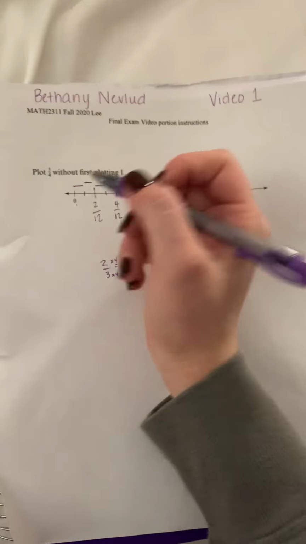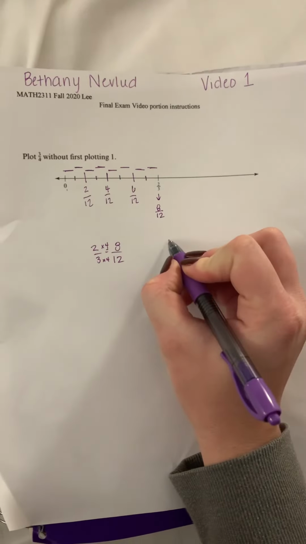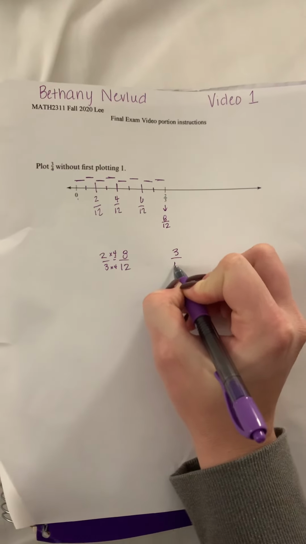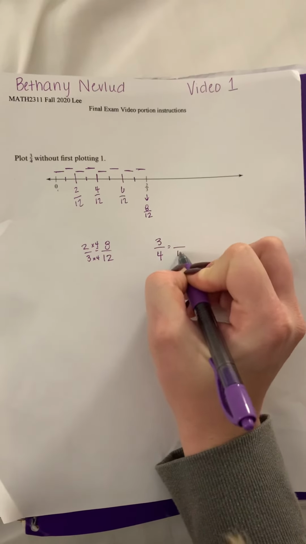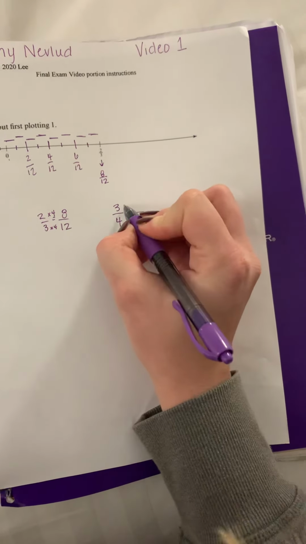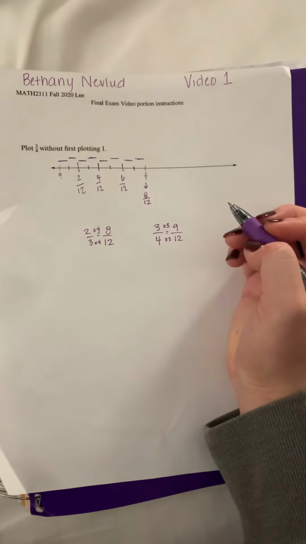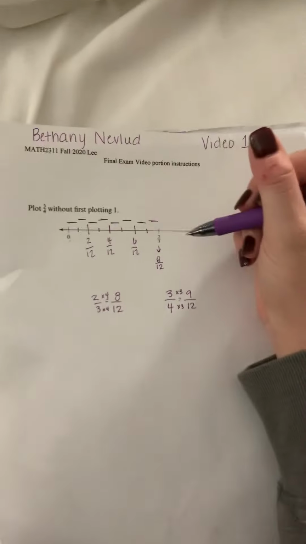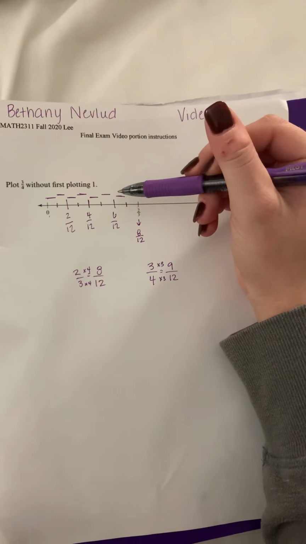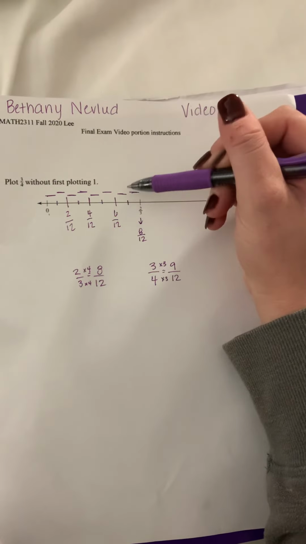Now we take 3/4, the number that we're trying to plot, and put it into a common denominator of 12. So we're going to take the 4 times the 3 and take the top number, times it by 3, giving us 9/12. So without knowing where 1 is, we see that the size of the units in between each fraction